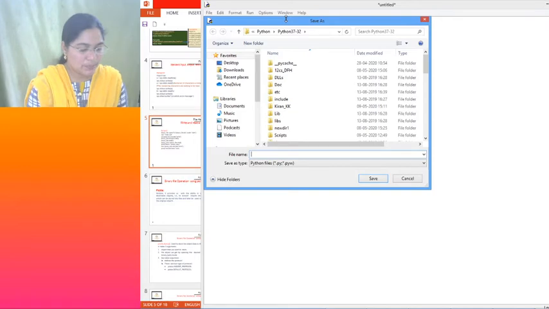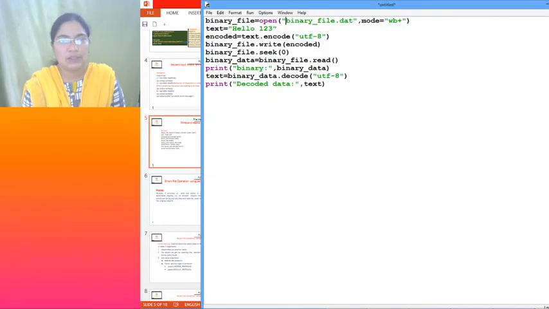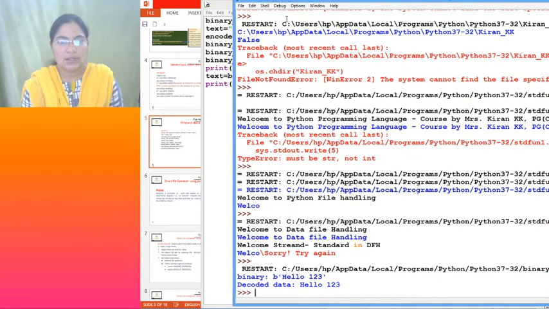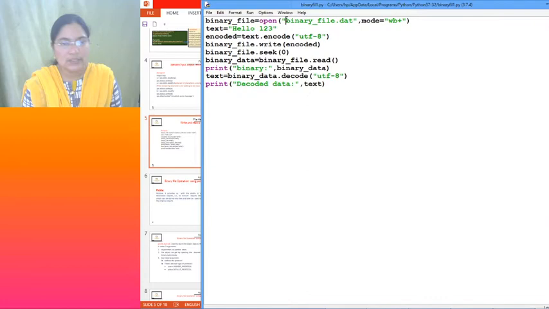This is binary file, first one. Now, what happened? Whatever text is here, we have written the encoded text, which is the text hello 123. We have encoded it into UTF-8 format, and then we have written that.